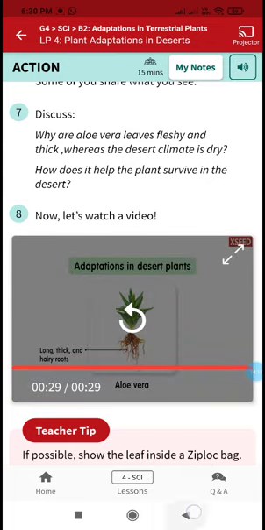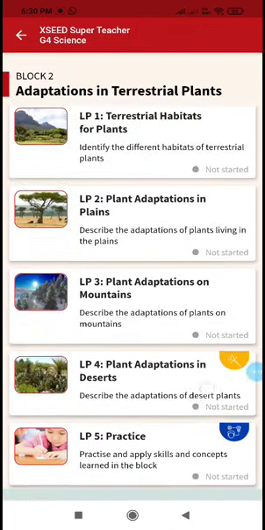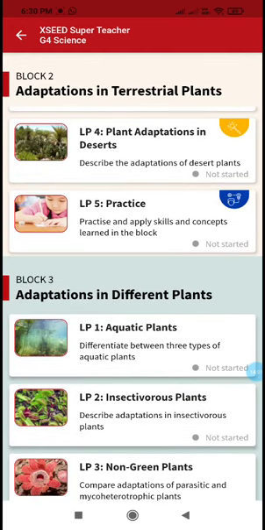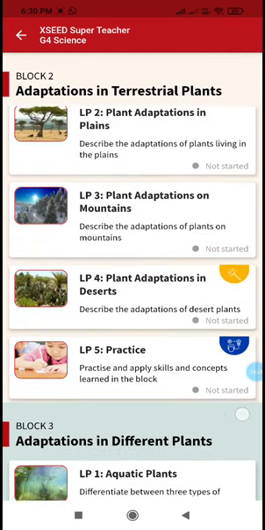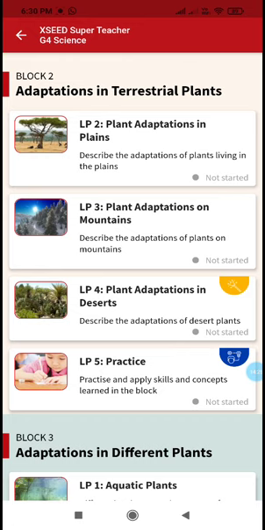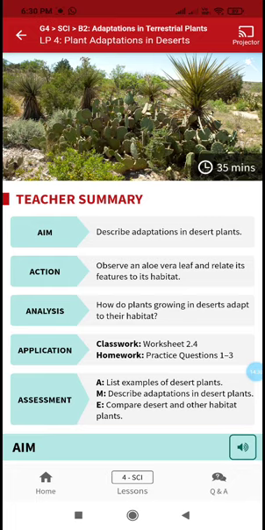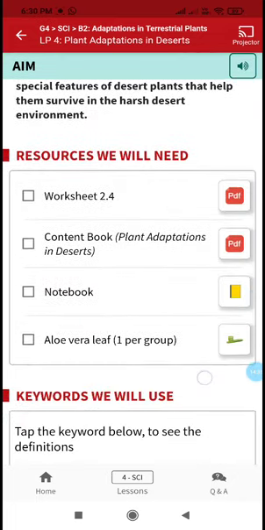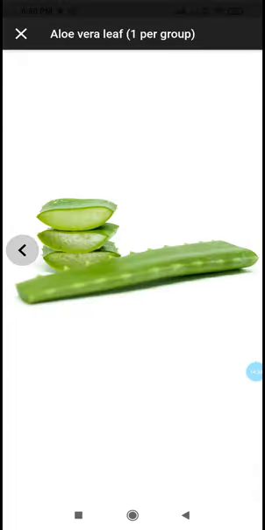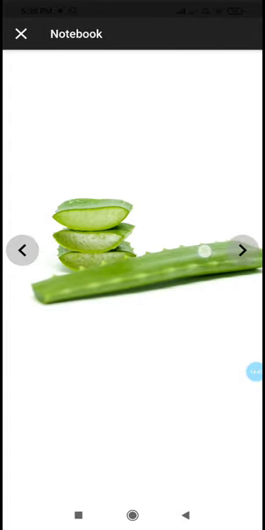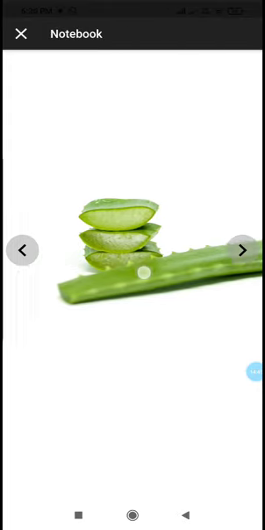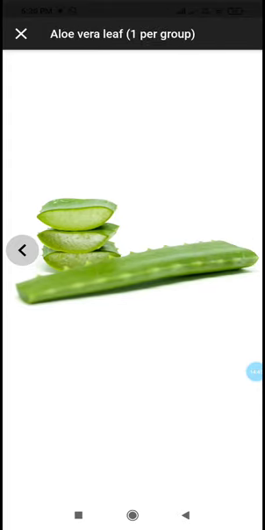So in aloe vera, you have also done an activity. I told you to do this activity. You take the aloe vera leaf and cut it and observe the leaves of aloe vera and how these leaves are appearing. You did the activity in our beginning class. So this part is the leafy part. So it's storing the water.